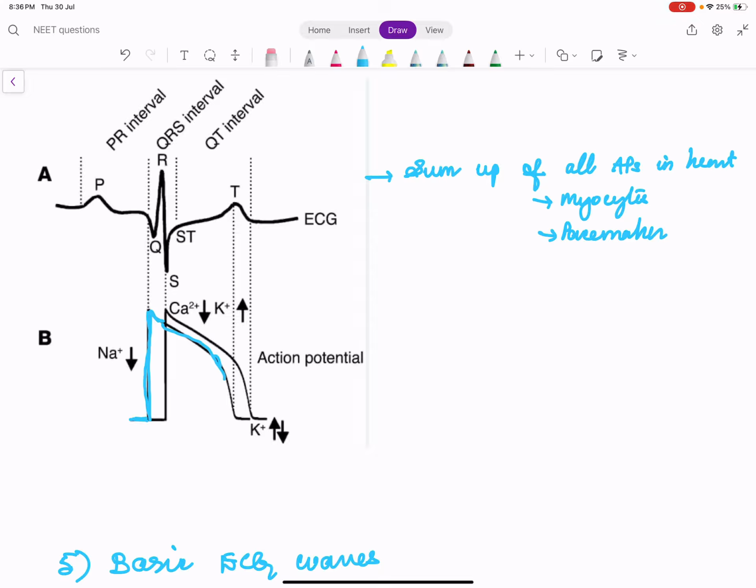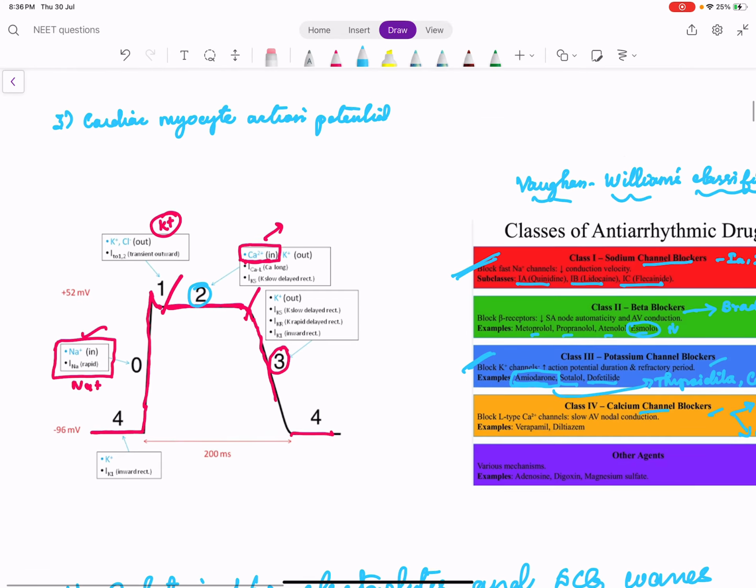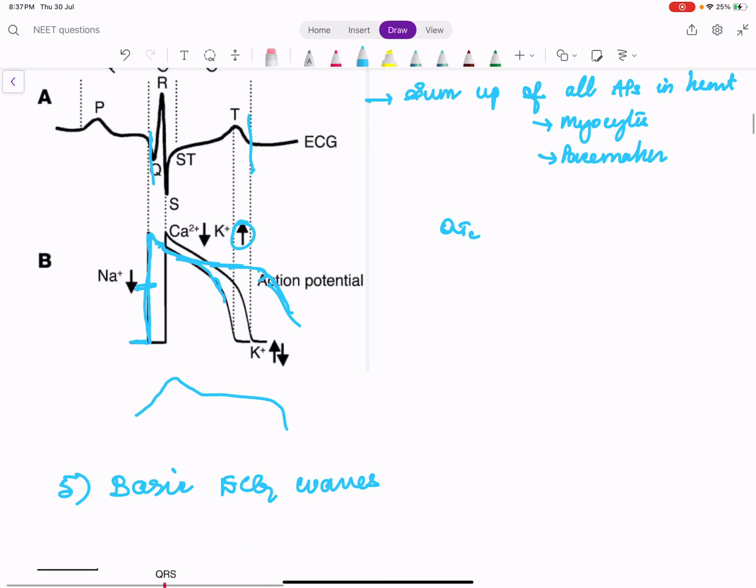Assume that some problem occurs, or when the calcium channel is blocked, there is a possibility that calcium will not enter, so this phase will be prolonged, right? So that is why we can get prolongation of the action potential, or in other words QRS or QT will get prolonged. So how can you prolong the action potential? Either you can inhibit the sodium influx, so the entire cardiac action potential will get prolonged, or you can inhibit the potassium efflux. You can stop the potassium efflux, so